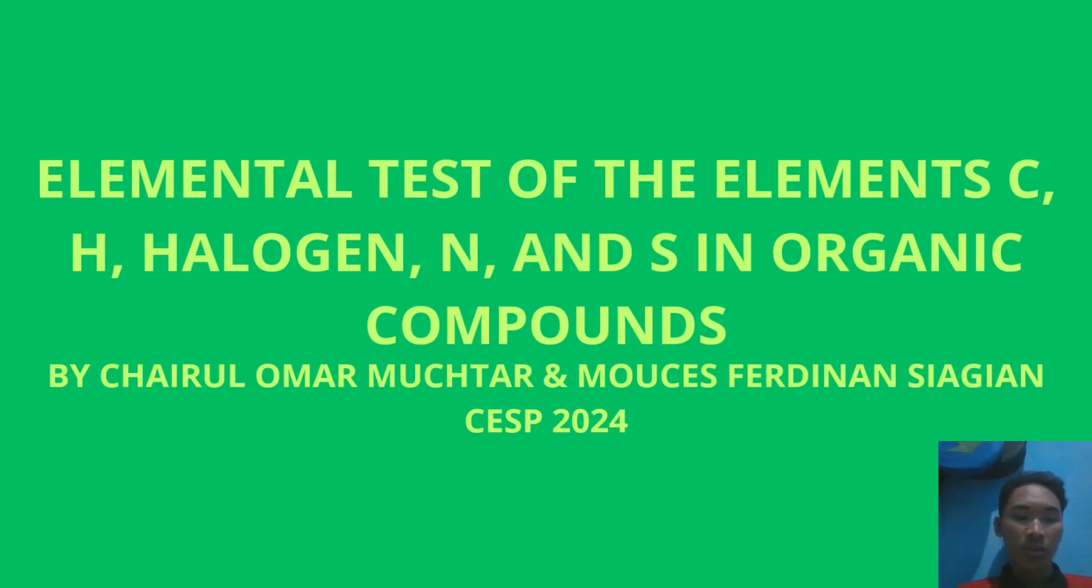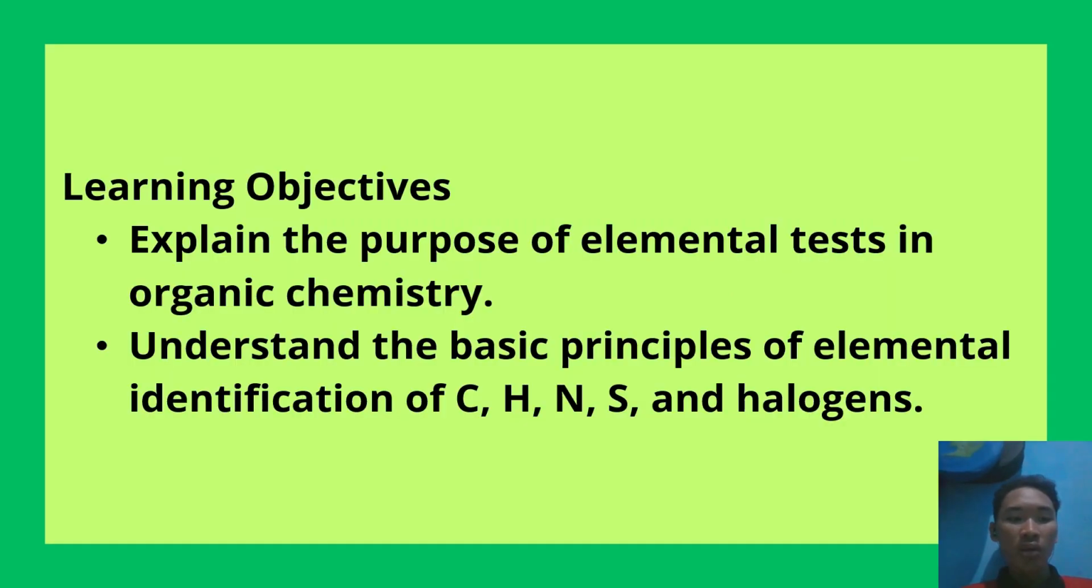My name is Khairul Omar Matar, and today I will discuss elemental tests in organic compounds, specifically for the elements carbon, hydrogen, nitrogen, sulfur, and halogens, such as chlorine, bromine, and iodine. Organic compounds are mostly composed of carbon and hydrogen, but in many cases can also contain other elements such as nitrogen, sulfur, and halogens. Now, to ascertain whether these elements are actually present in a compound, a qualitative elemental test